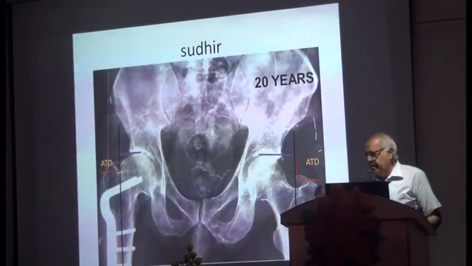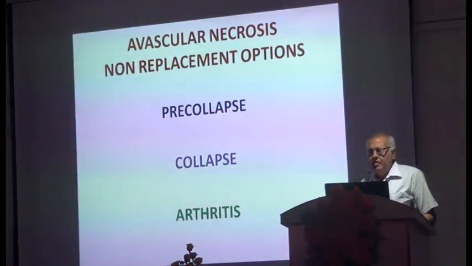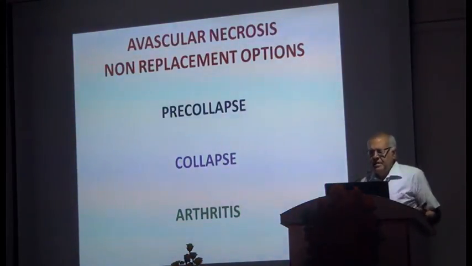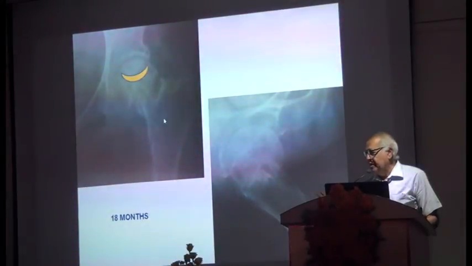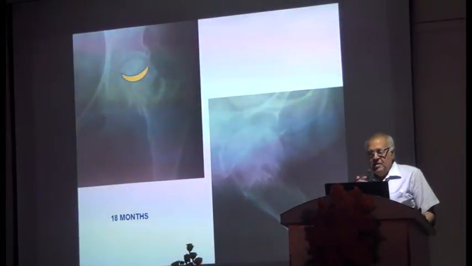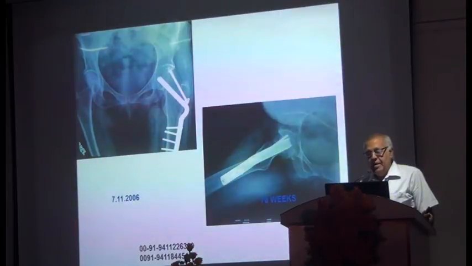Just a varus osteotomy contains the necrotic area, brings it away from the weight-bearing dome, which was there because of the valgus position. It works in 3 situations: pre-collapse, collapse, and arthritic situations. You find here this is type 3 crescent as per the Ficat and Arlet classification, or for other classifications here. If you do an osteotomy, this takes the head of the femur away from the weight-bearing dome, and the head becomes viable. You find here still the cystic changes are there, but there is no collapse. So in pre-collapse situation,